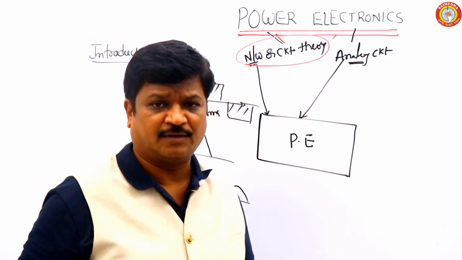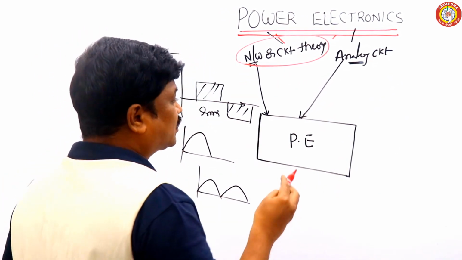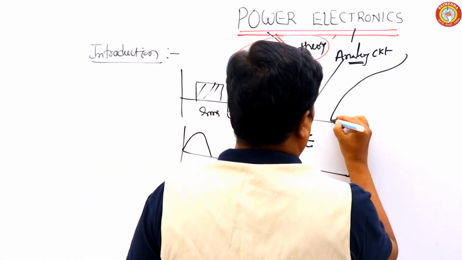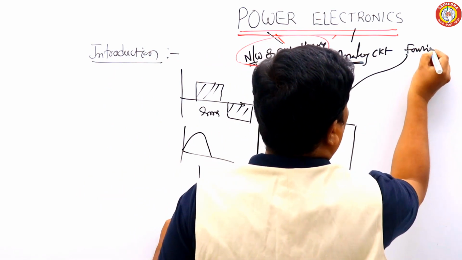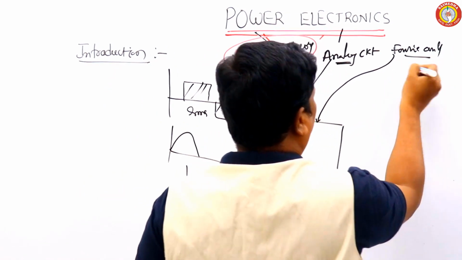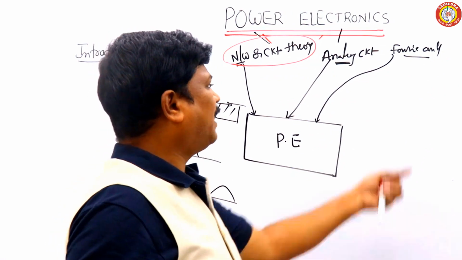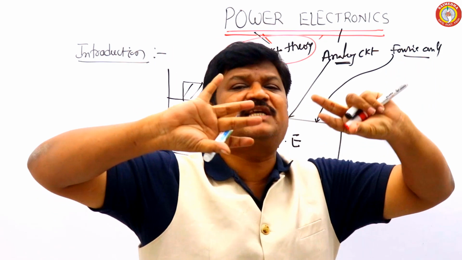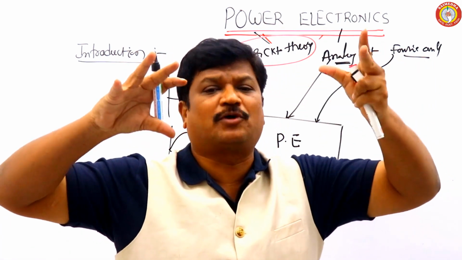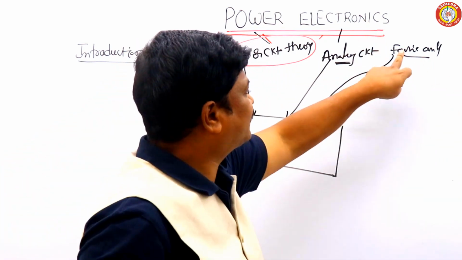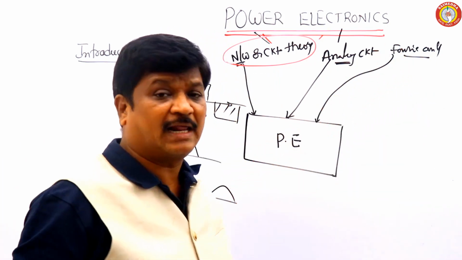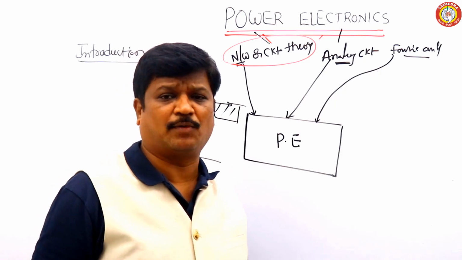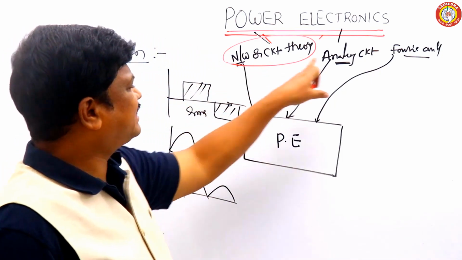It is only an introduction. What are the things you require? Of course, you may require brief knowledge about Fourier analysis also. You may consider it as from mathematics or signals and systems, but if you are thorough about 3 to 4 or 5 to 6 different waveforms, and what the output voltage equations are with this Fourier analysis, the subject of power electronics becomes much easier for you. No doubt, don't worry about that. But these are the major things you need.